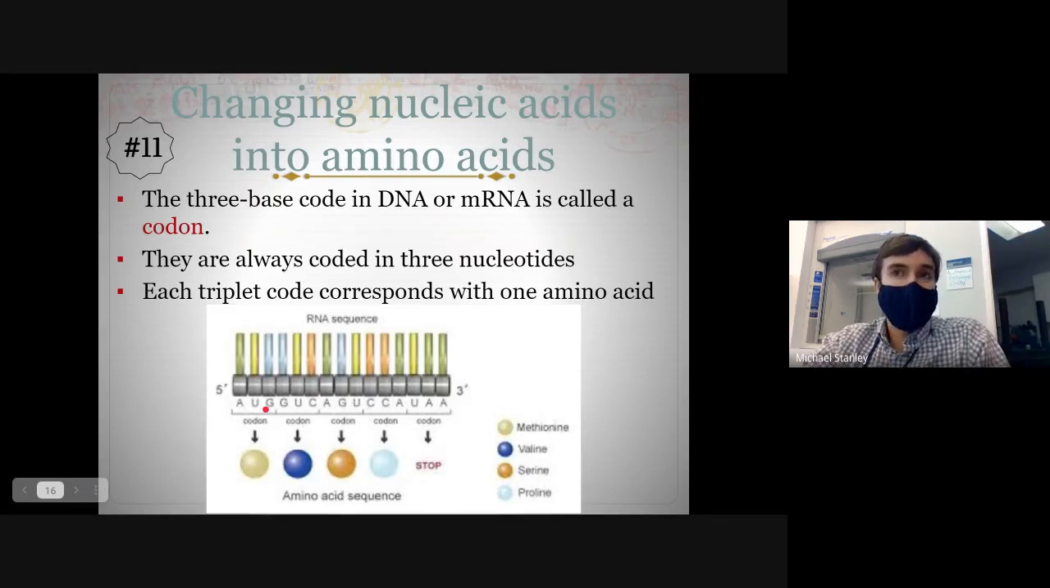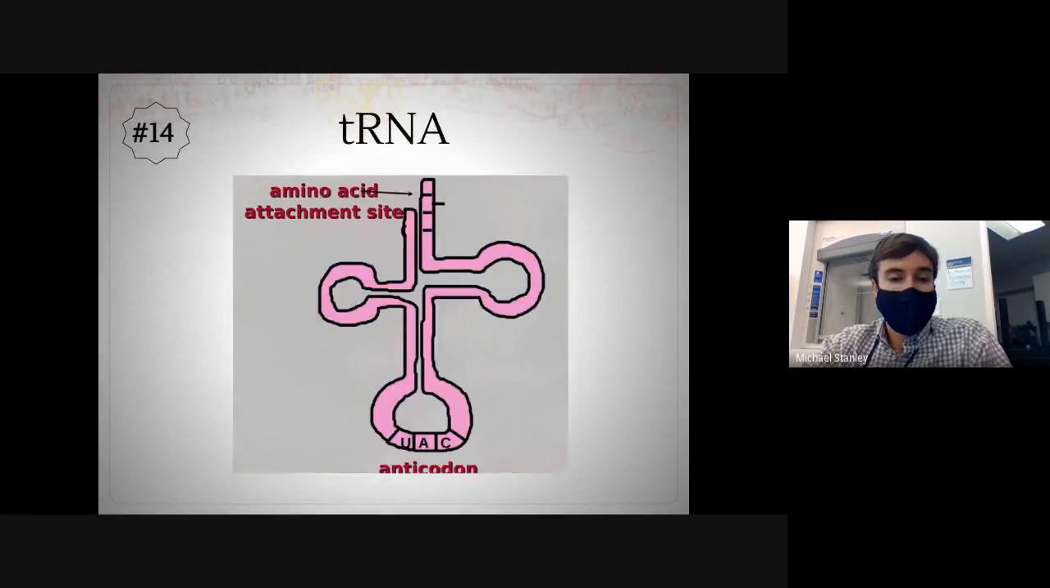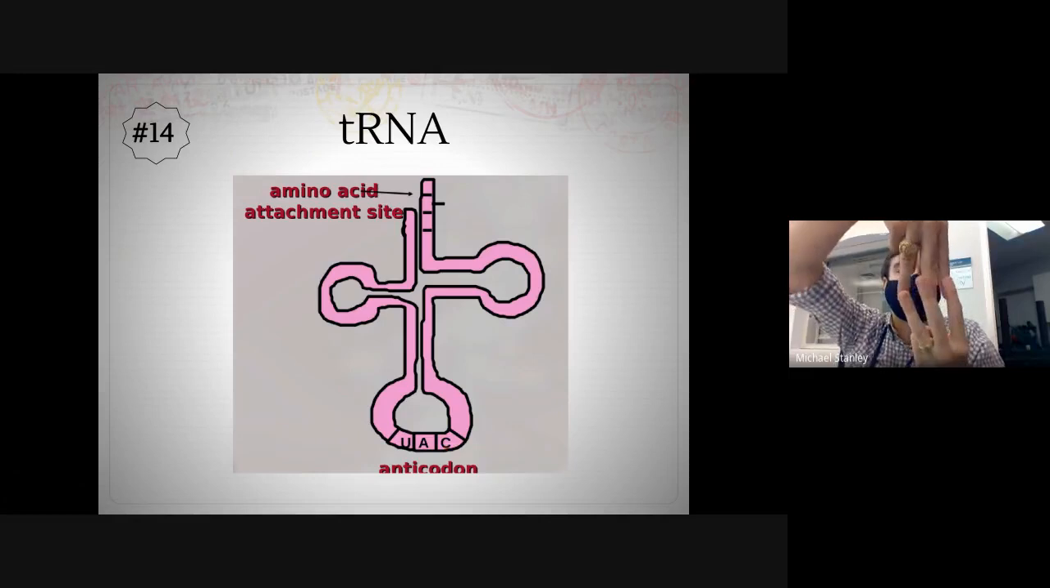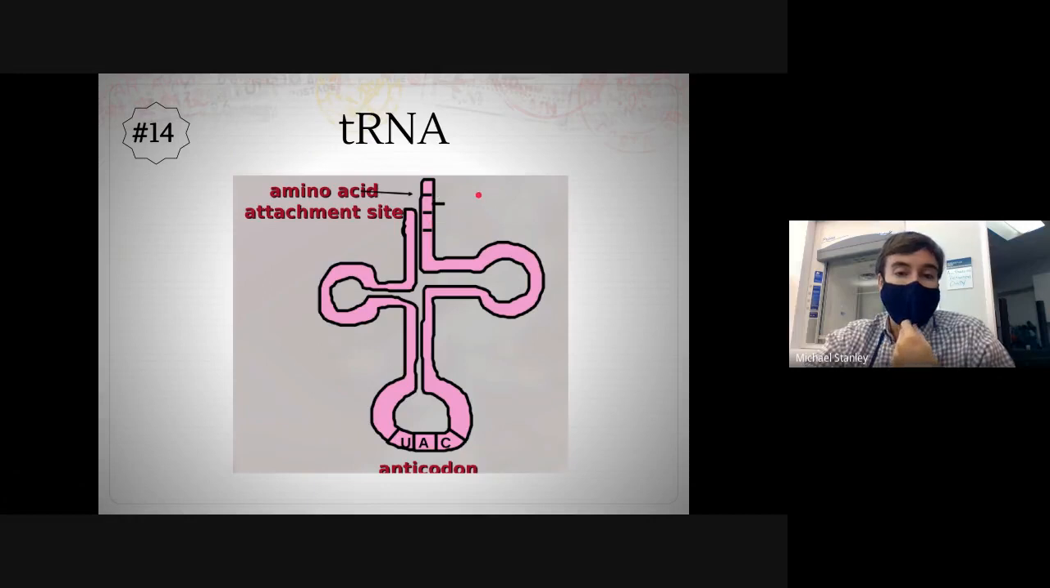The matching anticodon for that would be UAC, right? Because the U matches with the A, the A matches with the U, and the C matches with the G. So if we have AUG as our codon, the matching tRNA is going to have UAC as the anticodon. That way, they can bring them together, say, yep, these match, and add the little amino acid up here to